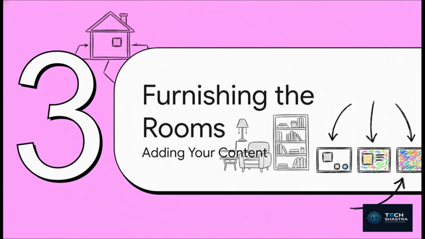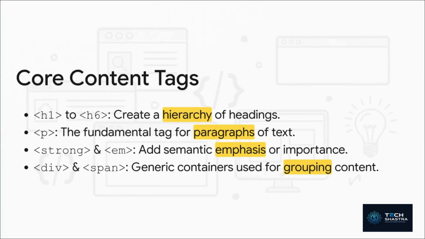Okay, our frame is up, the structure is solid, it's semantic. Now, it's time to furnish the rooms. Let's add the actual content. These are your bread and butter tags for text. Headings from H1 down to H6 create a really clear hierarchy. P is, of course, for paragraphs. And this is a key point. Strong and emphasis don't just make text bold or italic, they add semantic meaning. They tell the browser this text is important or has emphasis,